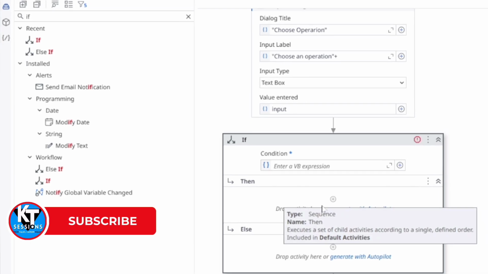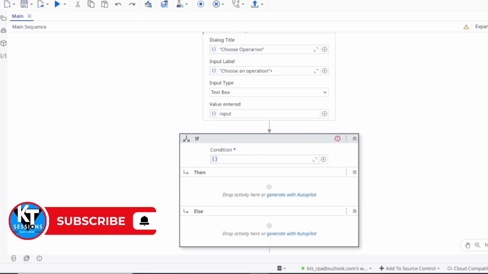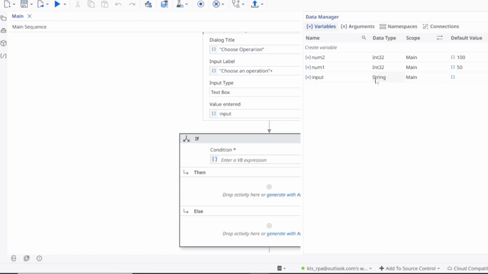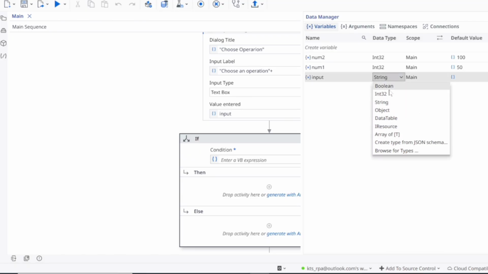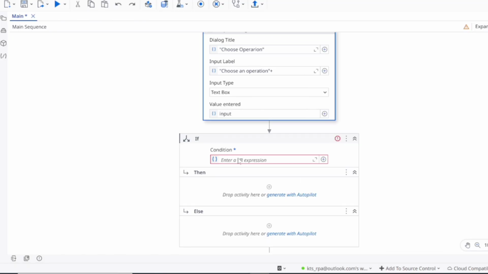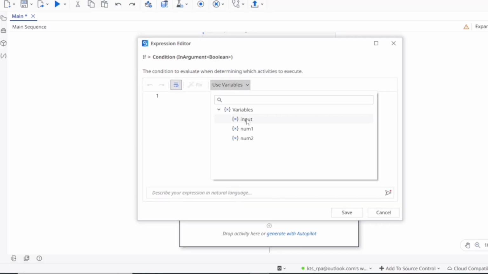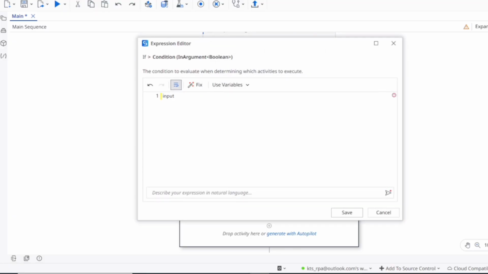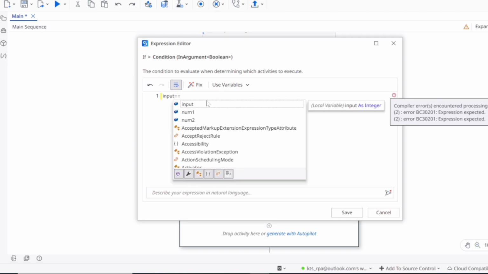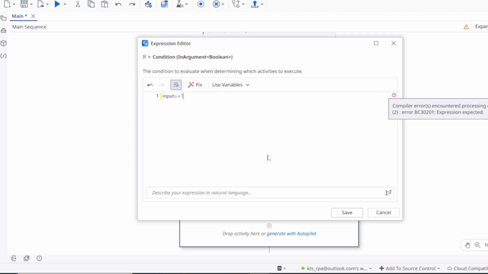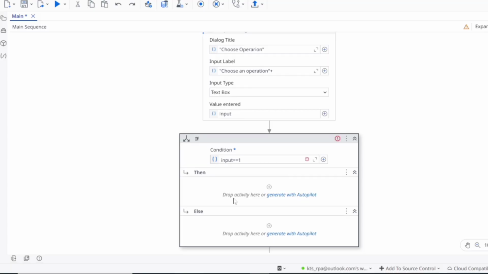Okay, and in this if, let me first change the data type of this variable. This is string, so I'll make it input. Okay, so let me add a condition here. If our input is equal to 1, we click on save, then in that case we need to use a message box which will print the sum